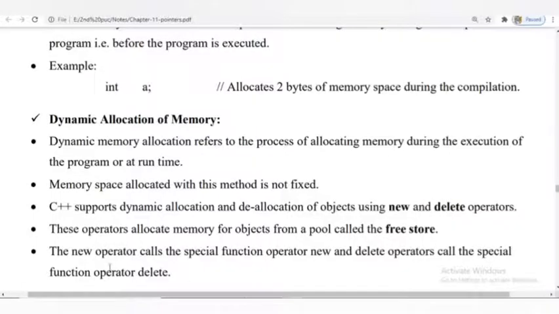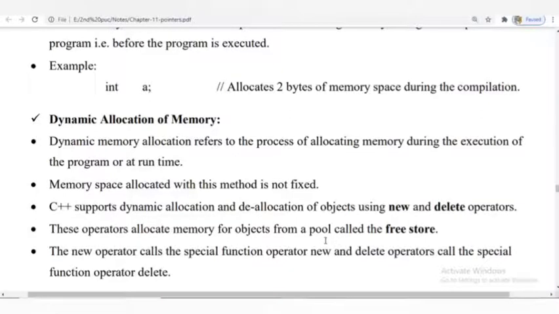So what does it mean? These operators allocate memory for objects. What are those operators? That is the new and delete operators. They allocate and deallocate the memory for objects from a pool. So we can allocate or deallocate memory space for an object by making use of the new or delete operators.